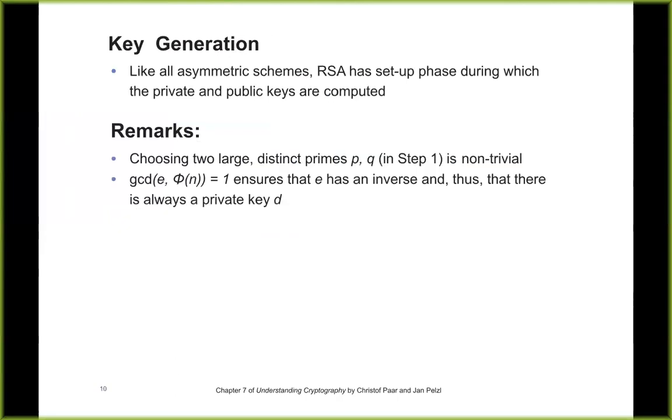All right, so the setup phase is the key generation, and choosing the large primes is a problem. I mean, the whole point is these primes are so large that when you multiply them together, nobody can factor it. So that means the math has already gotten difficult. So how do you find a prime number 1,000 bits long? That turns out to be kind of nuts.